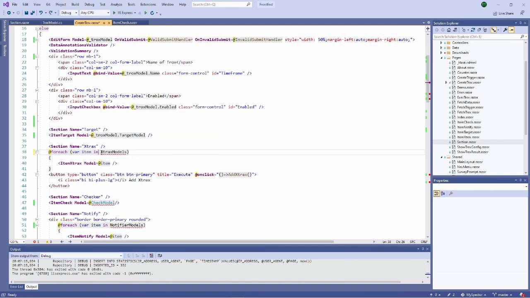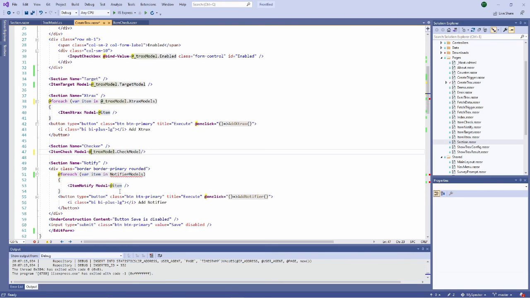The extracts models will be available also like this. Same thing for the checker model, which is now a property of the TROX model. The TROX model also has a list of notifiers.